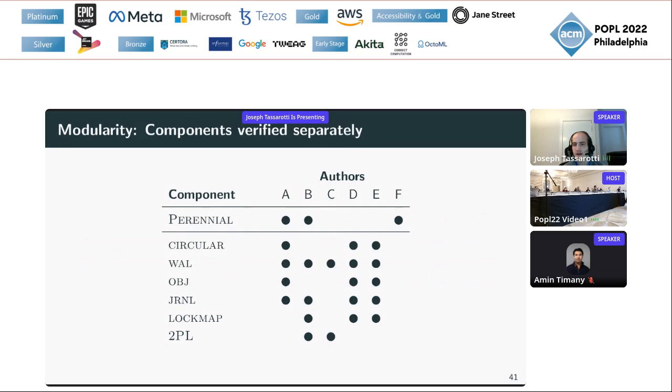So on the right here, I've got all of my co-authors on this work assigned a letter to protect the innocent here. And what I've done is I filled in a circle to indicate who worked on what in this whole verification here. And now you can see why I've anonymized it. Okay, so what you can draw from this is a couple things. Various layers here were worked on by different people, although there were some that were particularly tricky and were cross-cutting in some sense. And also, the other thing to look at here is that some of the co-authors here were purely, so to speak, consumers of the logic.